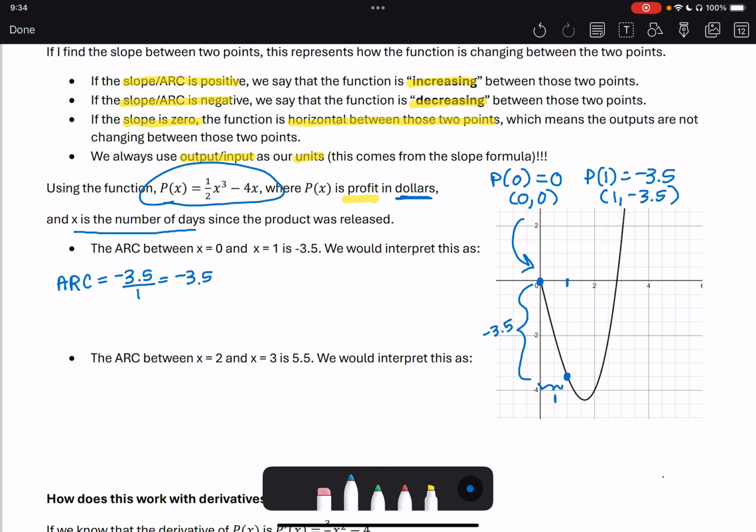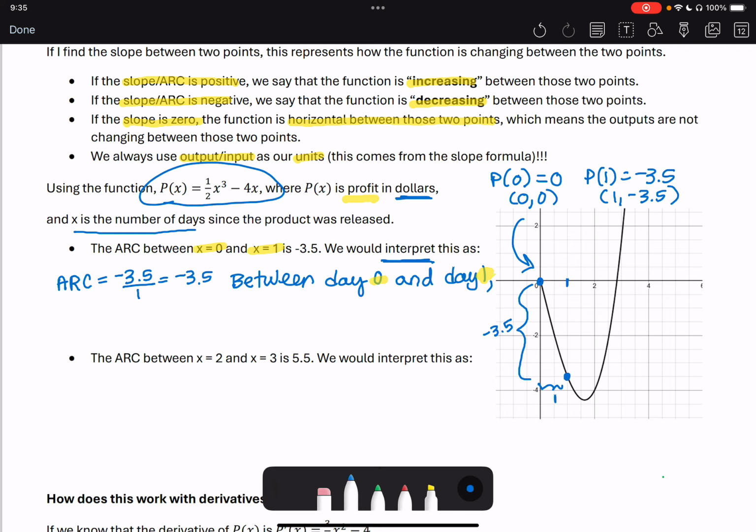Now, let's talk about how we would interpret this, for a proper interpretation of average rate of change. First of all, you always want to reference your input values. So we would say between day 0 and day 1. I am referencing these input values and putting the correct unit with them. Those are days. So between day 0 and day 1,